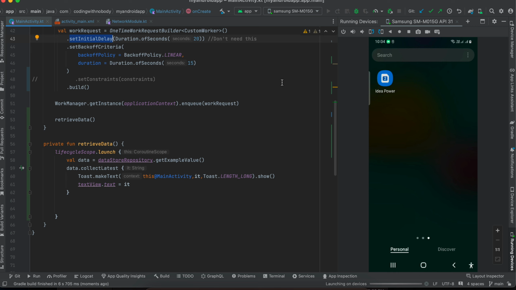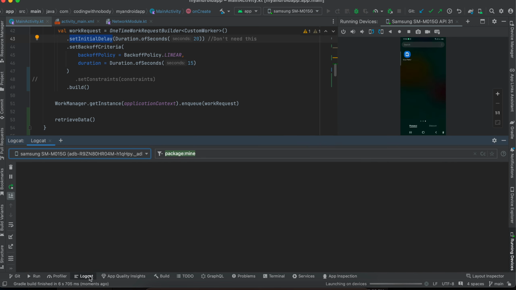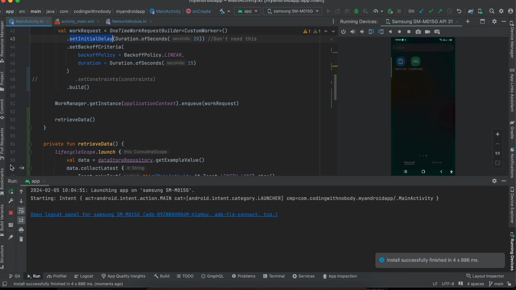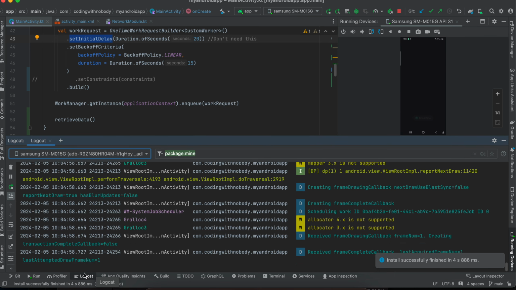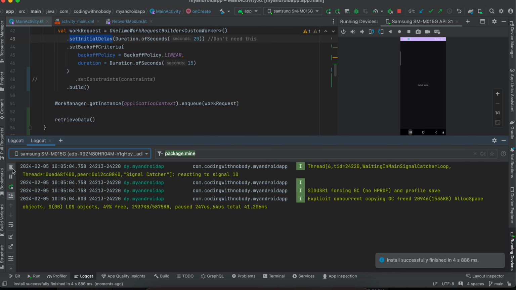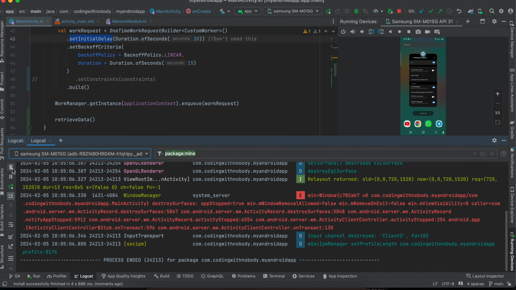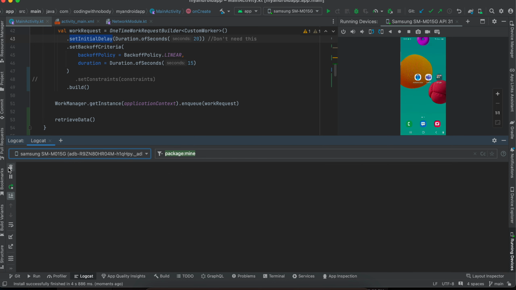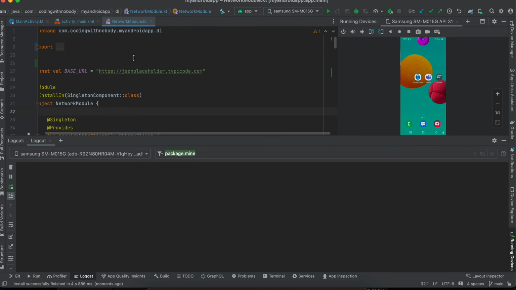So I will install my app now. I have also opened my Logcat so that I can show you. The app is opened, and it is displaying a default value which is present in my preferences data store. I will completely close the app. I'll go back over here and remove this. I have added a log once I have picked up data from this REST API. So if you want to see,